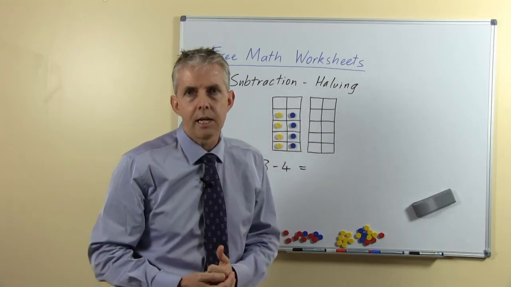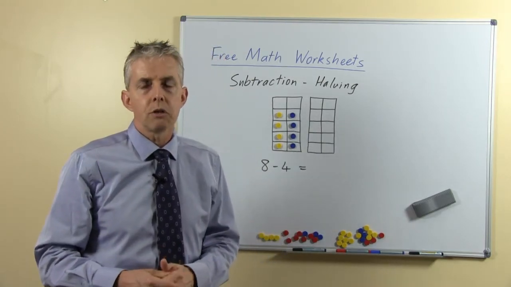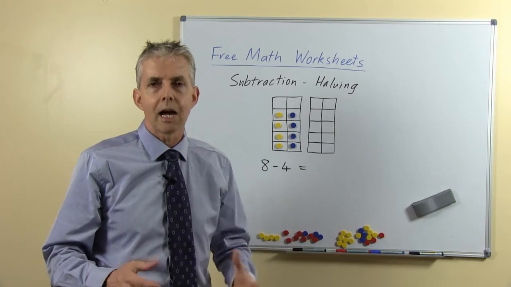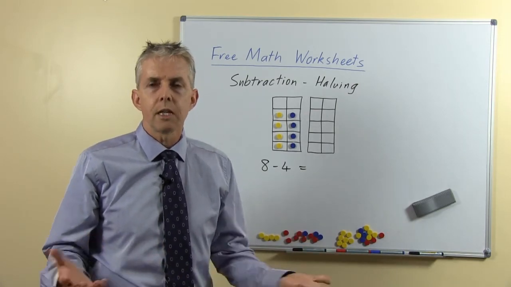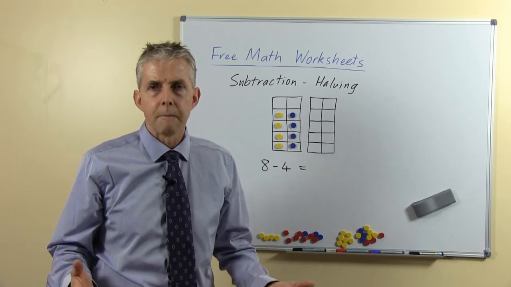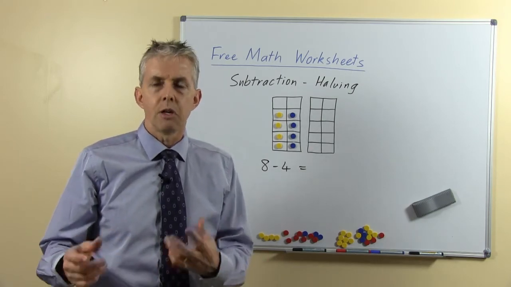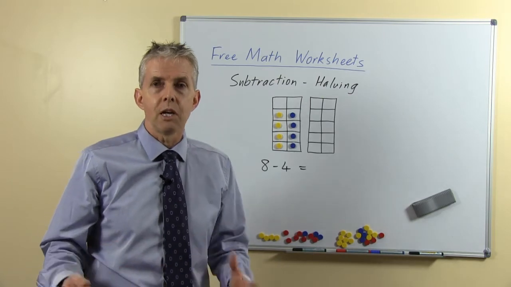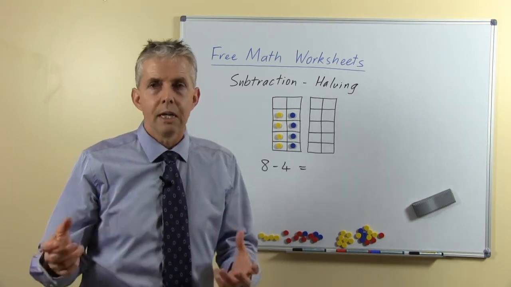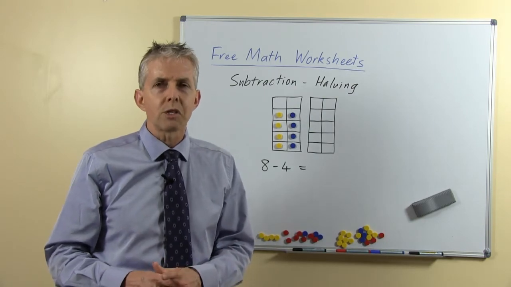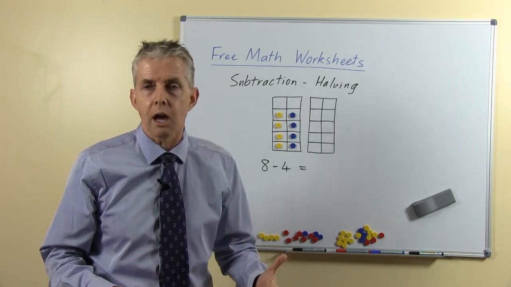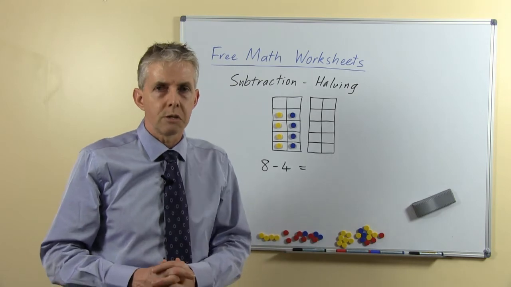Now it's fair to say that when you present a child with a question that could be done as a halving question, they may not recognise it as such. So if we think of a question like 12 take away 6, the only way you're really going to know that's a halving question is if you already know that double 6 is 12, and so in a sense you already know the answer without thinking about it. So it's not a straightforward matter of just saying, oh, just halve it with these questions.